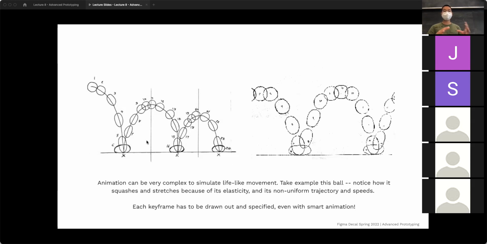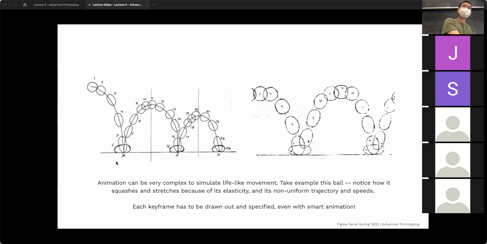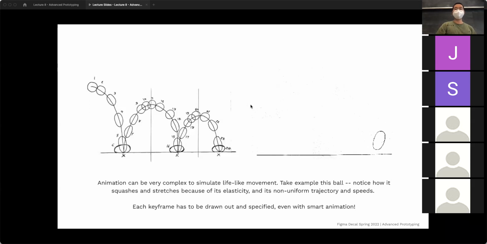squash and stretch. So squashing and stretching is understanding how a shape can distort itself when it's moving in a particular trajectory. In this case, you have the ball stretching out to be longer when it's falling to communicate the feeling of it being affected by gravity. And then when it hits the ground and contacts the ground, it flattens out until it squashes. And even though an actual ball might not move this much, it gives you this illusion of movement and character and personality. So each keyframe has to be necessarily drawn out and specified, even with smart animation, where